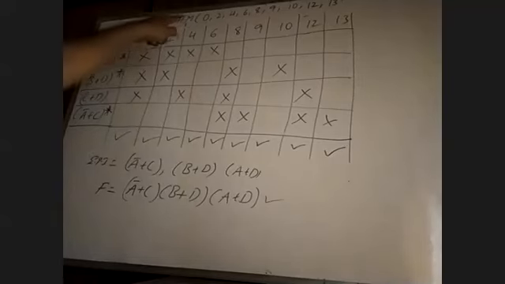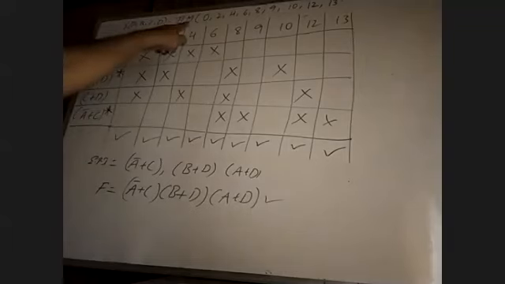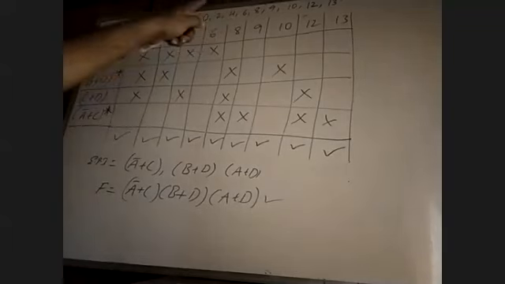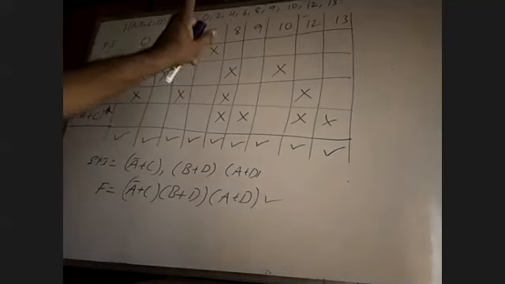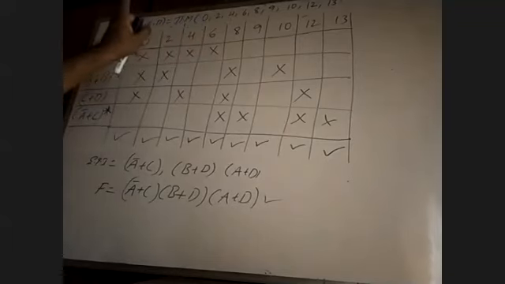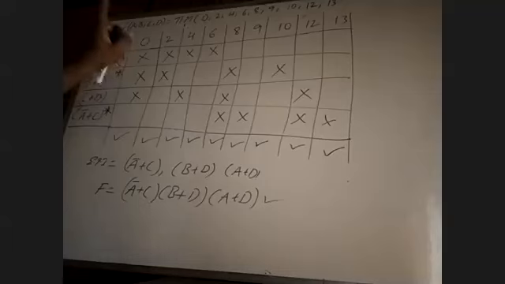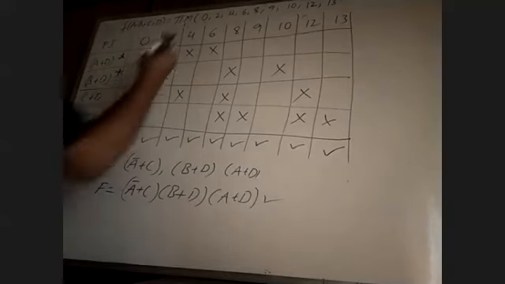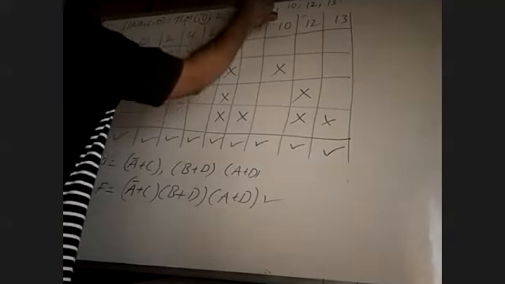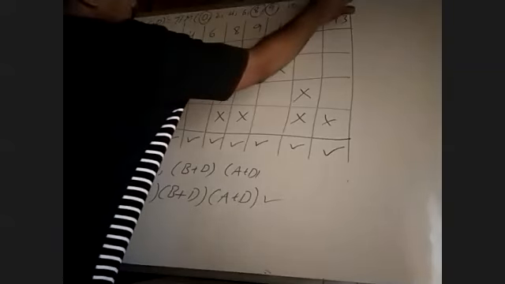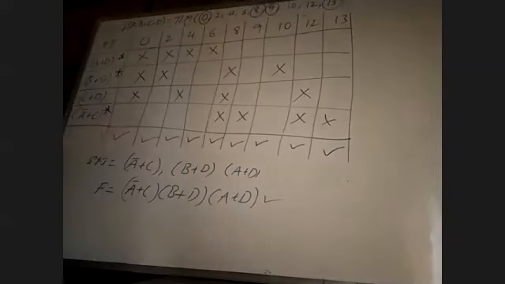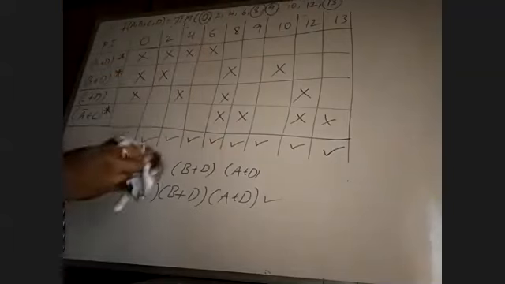Same problem, we have eliminated the two. What are the numbers now? The max terms 0, 8, 9, 13 are the don't cares now. 0, 8, 9 and 13 are considered as don't cares. Second problem, same problem with same max terms, but we have deleted these numbers. We have considered these numbers as don't care.